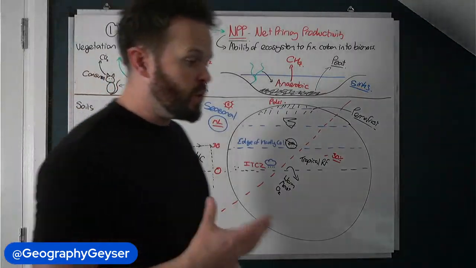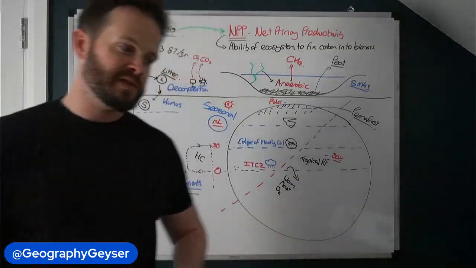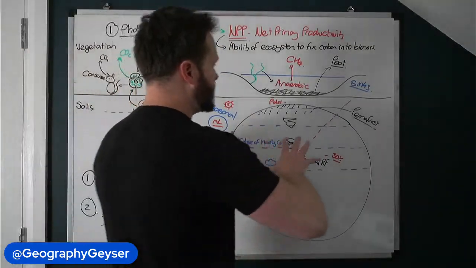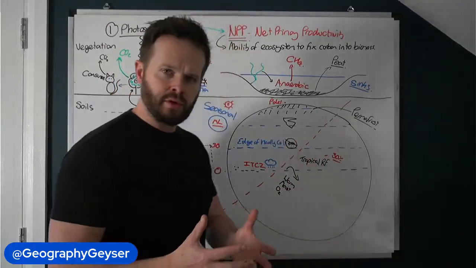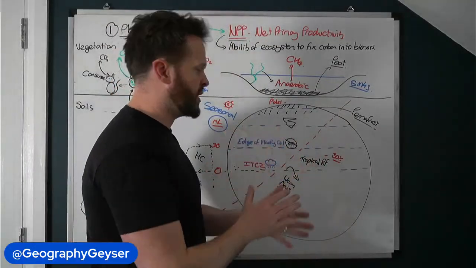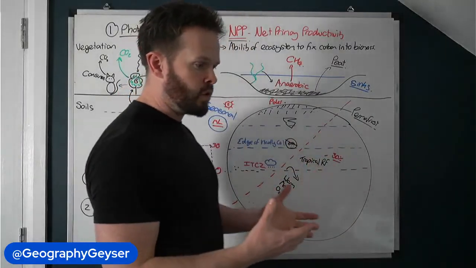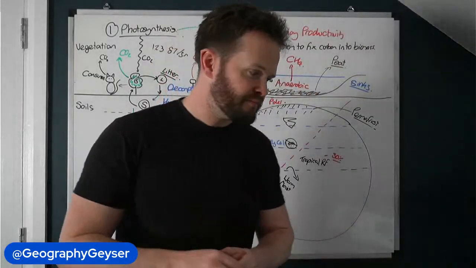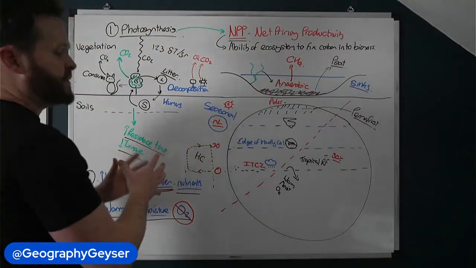So once you know the rules of photosynthesis and decomposition, it becomes almost like a game, trying to work out, well, where do we have high rates? Where do we have low rates? Where will we have high organic carbon soil content? Where will we have low organic carbon soil content? You can tell here, can't you, that we'd have low organic soil carbon content. So that's it for the fast biological cycle.